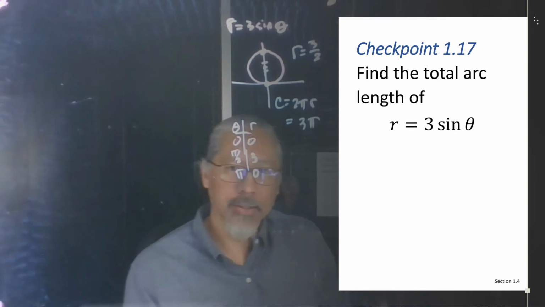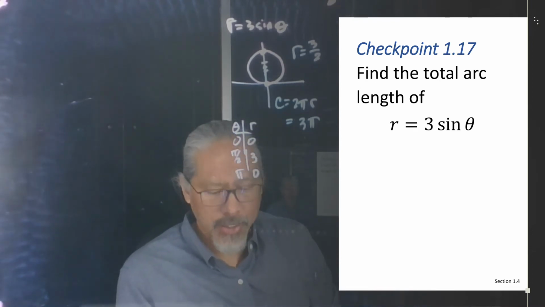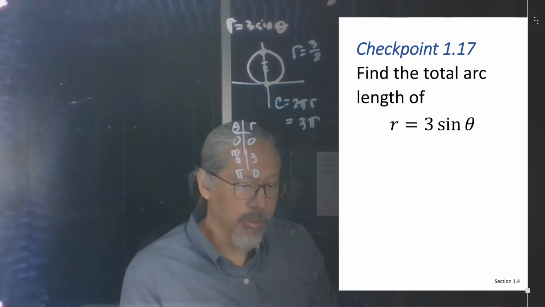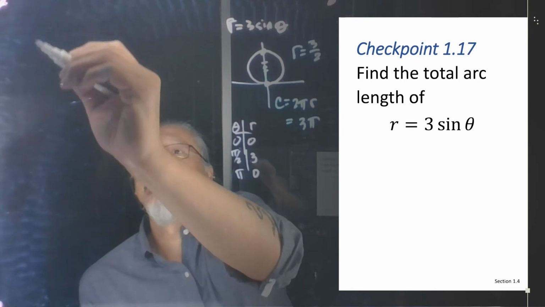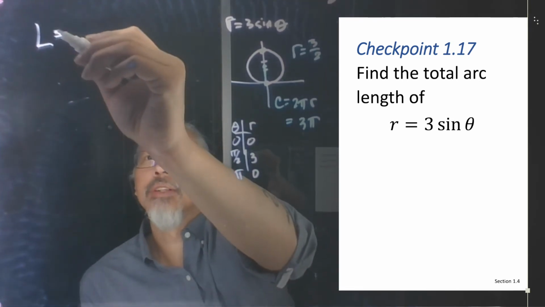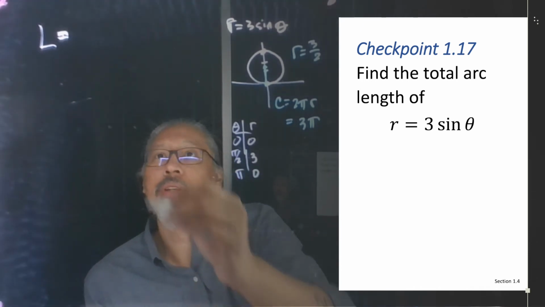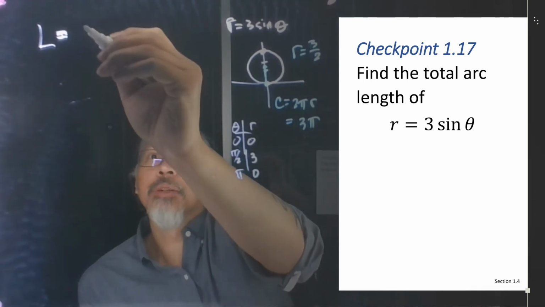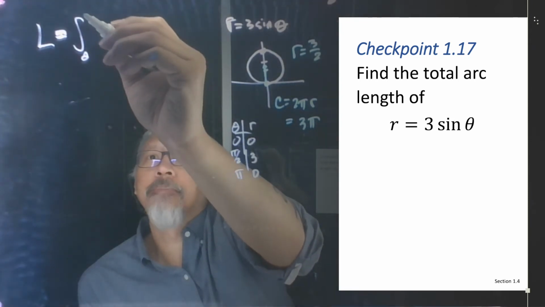Now that's off to the side, and because this is a circle we know this, but in case it's not a circle we should be able to use the formula as well. So let us remember the formula for the arc length of a polar curve, and the arc length is going to be given by an integral from some starting and ending point for theta,